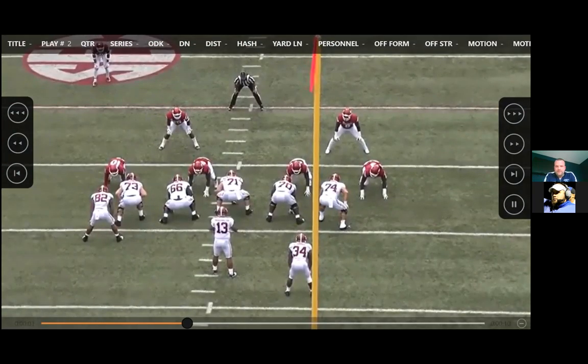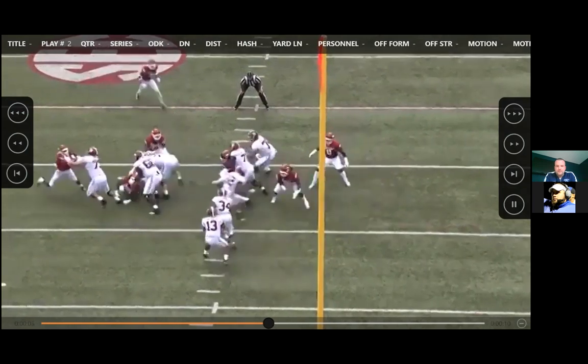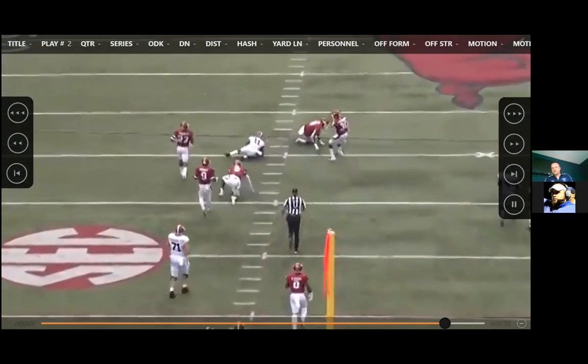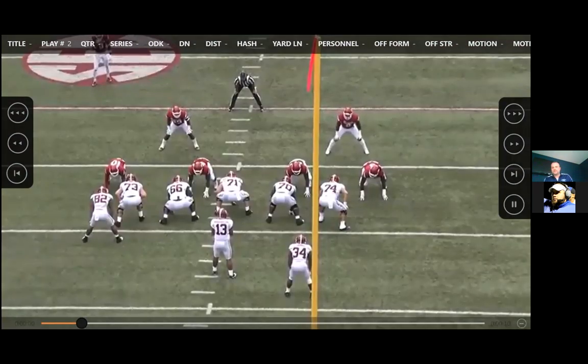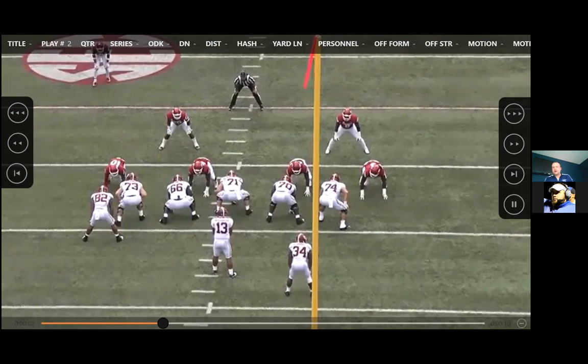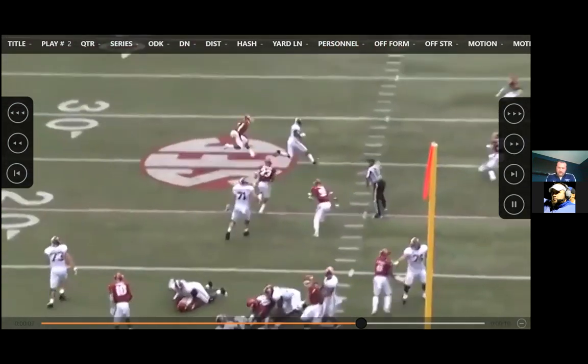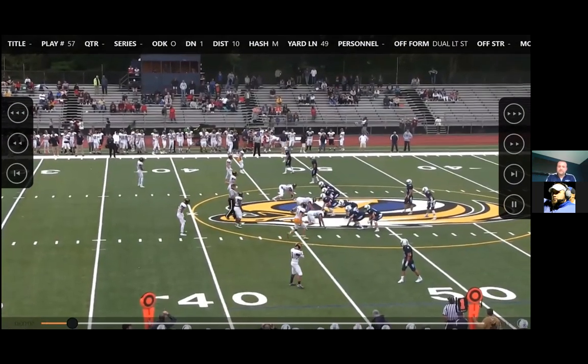Now, we're a long way from this, but I think as teams are getting better and you talk to D coordinators about, well, how are you defending RPOs? And they're saying with that extra guy in the box with the secondary player. Obviously, there's a lot of different ways. So what did it look like for us?